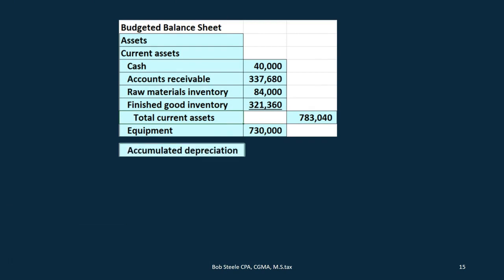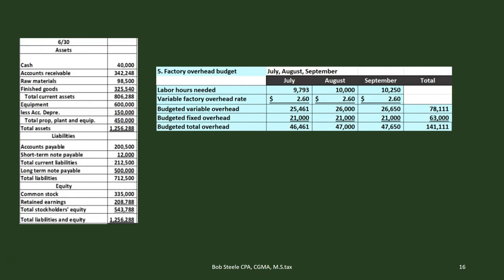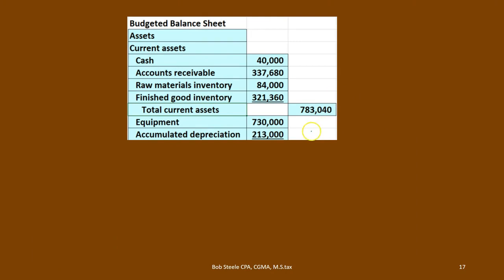Then we have the accumulated depreciation, the stuff we're going to reduce the equipment by. Once again, we're going to take the balance sheet from the last period. So last period's balance sheet had accumulated depreciation, 150,000, and the budgeted overhead budget gave us 21,000 a month or 63,000 on the quarter. So the 150,000 plus the 63,000 in accumulated depreciation gives us this 213,000. So then if we take the 730,000 minus the 213,000, we have a book value of the equipment of